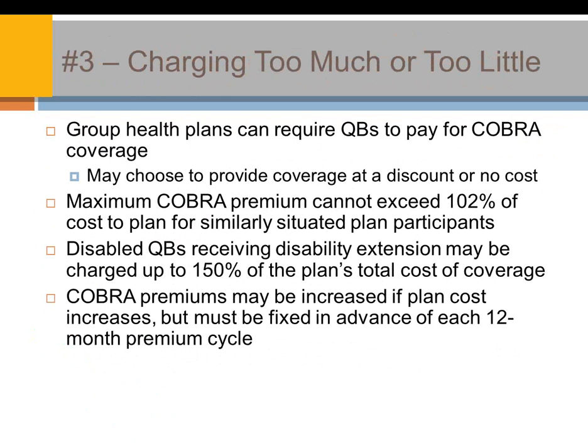Number 3 reason is charging too much or too little for COBRA. Sometimes, and we mentioned this a little earlier, we were talking about HRAs, or health reimbursement arrangements. Those have to have a fully insured equivalent premium, even though they're just reimbursement programs. You're required to provide those types of premiums. So you would be charging, and they would make an election for that. So you may be charging too much or too little. You have to be able to defend the premium that you're charging. If you charge above the 102% or the 150% that we mentioned in the last slide, those are items that you could get in trouble for.